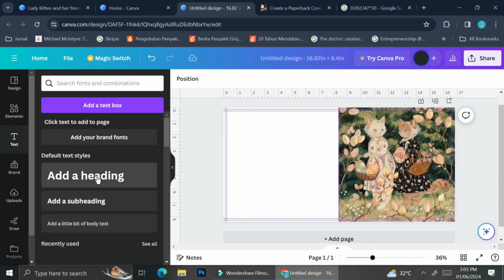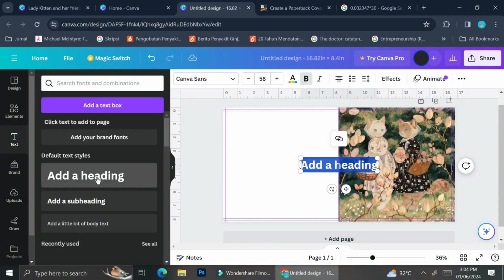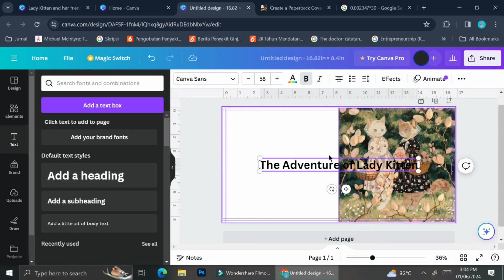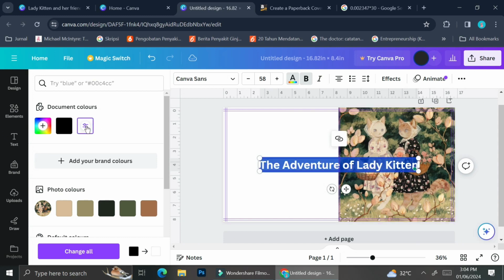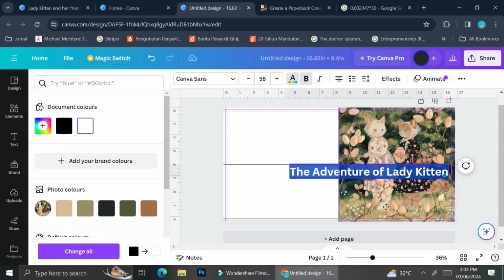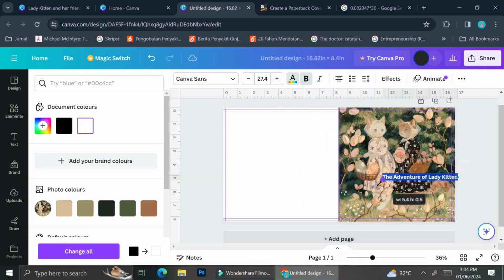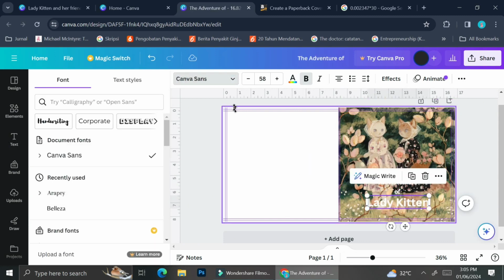So the background of my front page cover is quite busy. There's a lot of things going on there. As you can see, if I put the wording or the title directly on top of the background, it doesn't look good, so I'm going to divide it later with another element. But for now, I'm just going to go ahead and type out my title, and then I'm going to change the color of my font, because as you can see, if I use black, it will not be visible, it's not readable, it doesn't look good. So I'm going to change it to white,